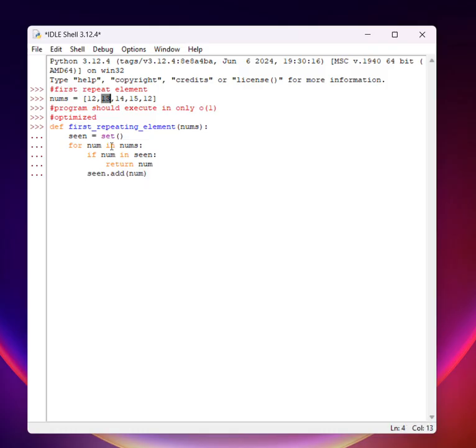Then it will go to 13. Is it already present? No. Then it will add it. Then 14. Is it already present? No. Then it will add 15. Is it already present? The answer is obviously no. Then it will add it. But when it comes to this 12, this condition becomes true, and we are simply returning the number which is the first repeat character. Now seen.add(number). After that, when we finish this for loop, we should return None,